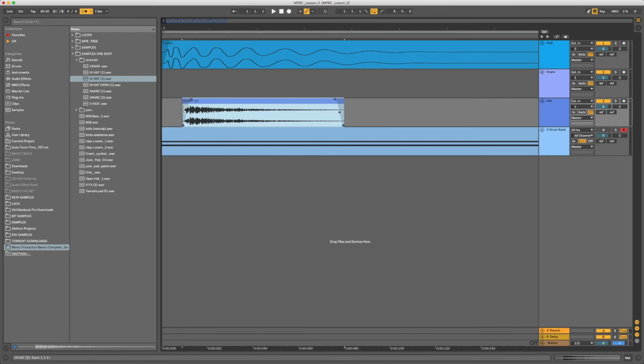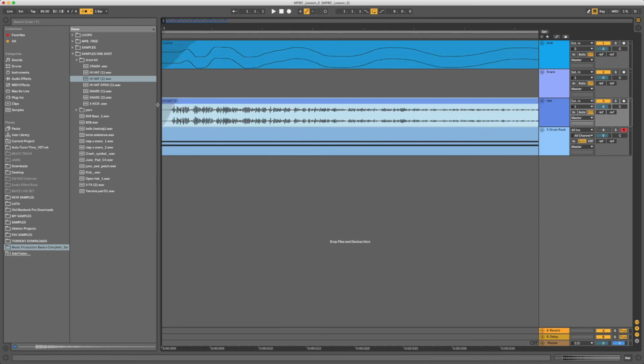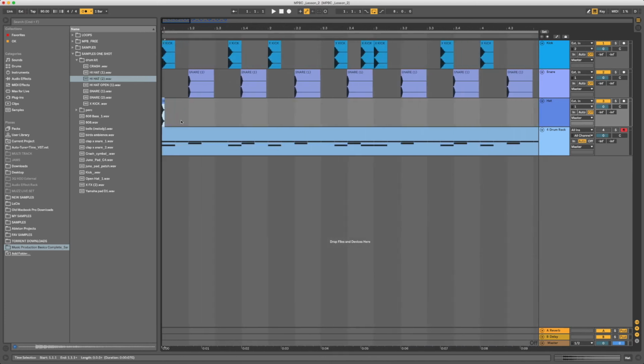But before that, let's make sure that our one-shot is adjusted right. For this, let's cut off the extra piece at the beginning here and then arrange it on the grid. To edit the sample, I have turned off the snap to the grid option, but to arrange the pattern, I turn it back on so that our pattern would match our BPM. Now let's copy our hi-hat